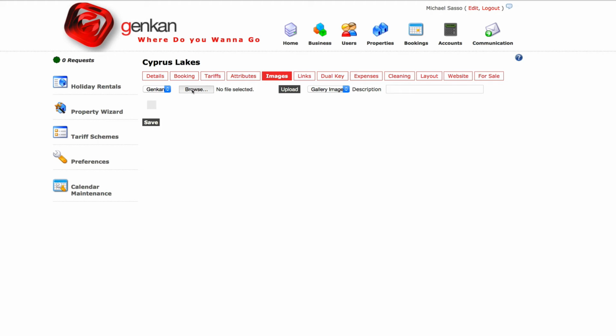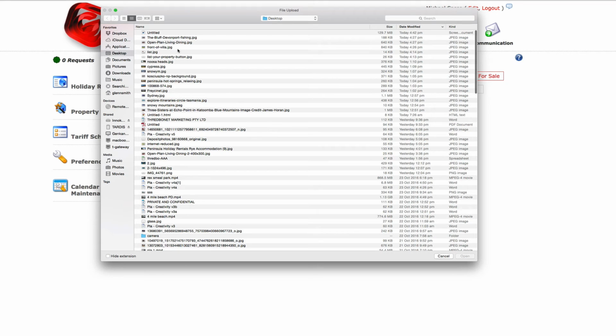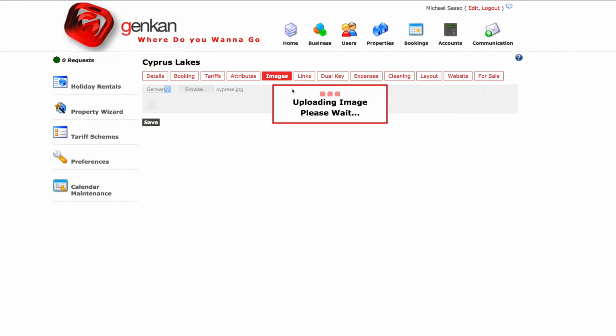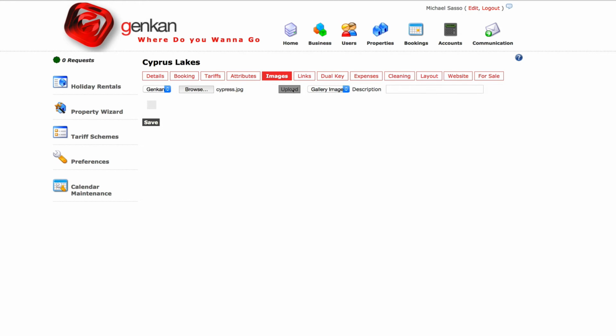I can load an image just to show you. There you go, that will load that image. Okay, that there becomes your master image, and it's got a default. It is important that you get all of this correct. This will now allow the property to go forward through into the channels and display on a website,